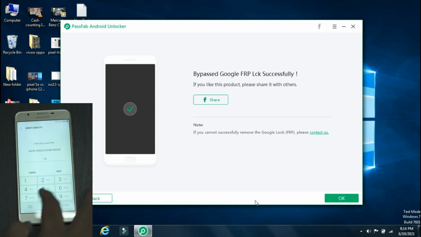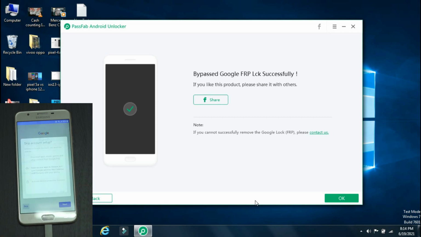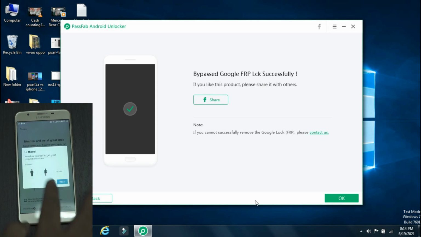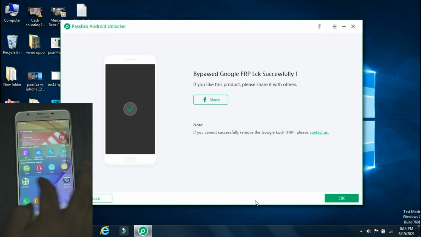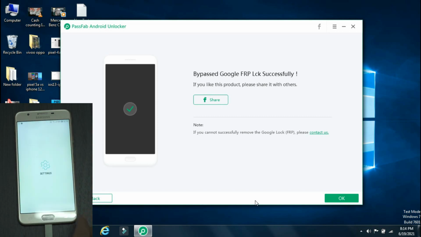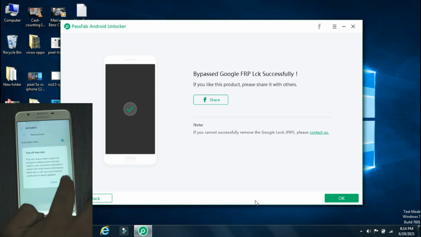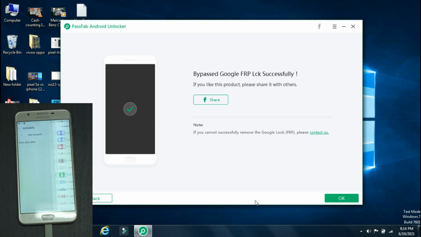Again enter the same pin number. As you can see, it's asking to enter a new Google account, so the FRP bypass was successful. Now just set up your device by the regular method, and if you have backed up your device earlier on the cloud, you can restore it once your phone has started, so you will not lose any important data. The phone is back to the home screen and it has wiped out all the data on the smartphone. But thankfully, as you can see, it has successfully removed the Google account that was present on the smartphone.